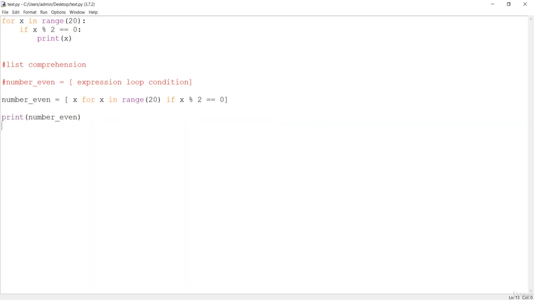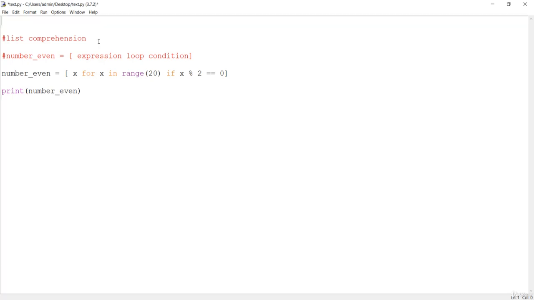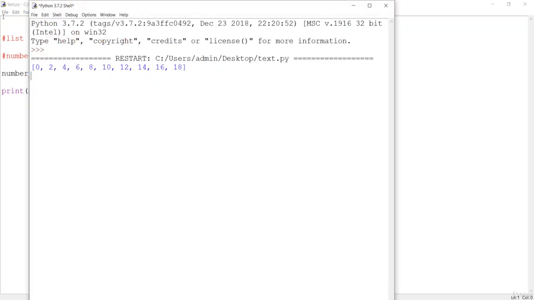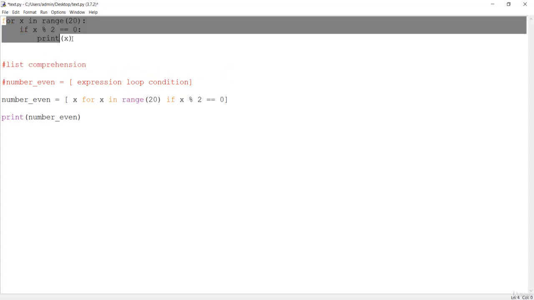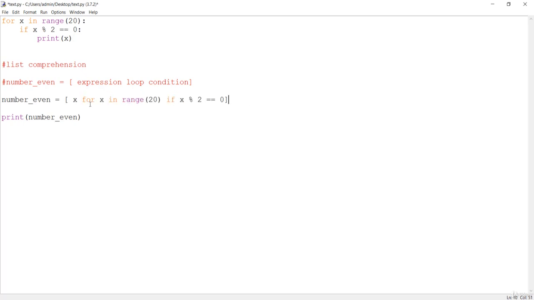Let's save this. Let's remove all of this, and let's save this again. Let's press F5. It is going to give us the numbers, but this time in the form of a list, because a list comprehension will always result in a list, and we are just printing that list, which is the result of the list comprehension. So you can see, instead of these whole 3 lines, this single line is more readable, because if you just know about the list comprehension, you'll see, okay, this is the expression, and this one is the loop, and this one is a condition. So you can do multiple things with this list comprehension.